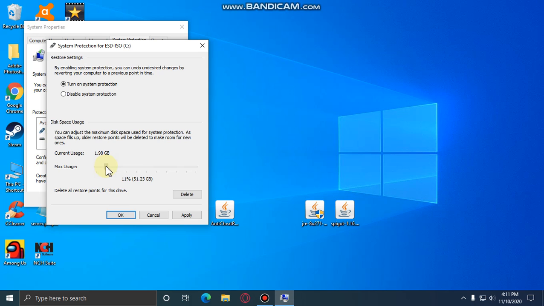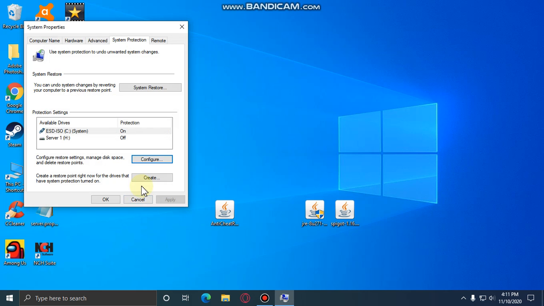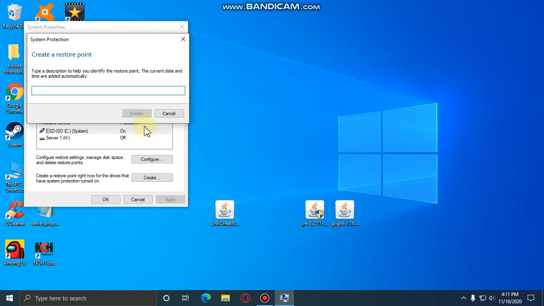50 gigabytes, which would mean for like a 900 gigabyte hard drive or 1 terabyte would be 10% of the drive. I'm gonna put it down a little bit. So 40 to 50 gigabytes is recommended, and then click apply, then click OK, then click create, and then name